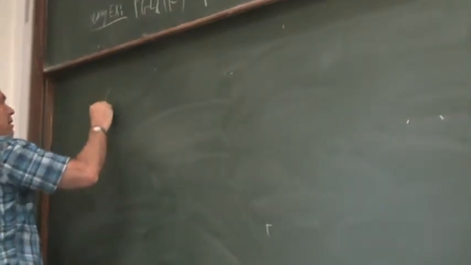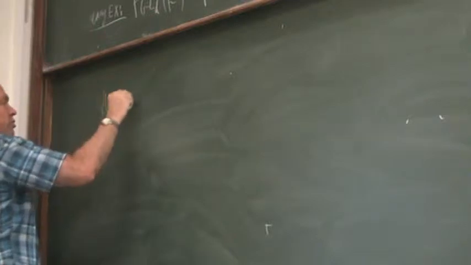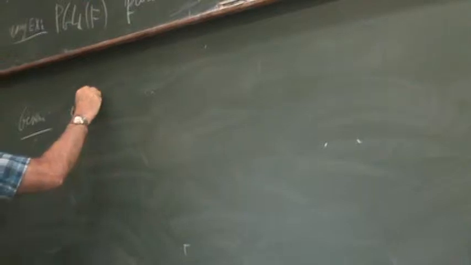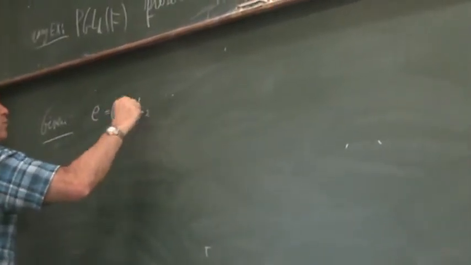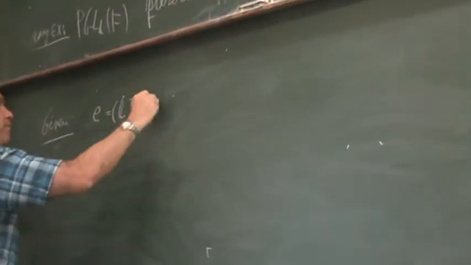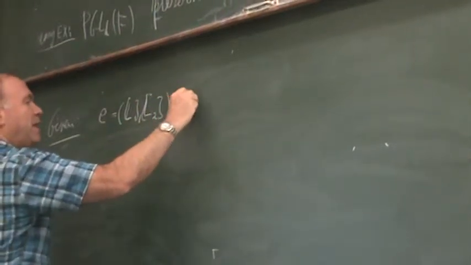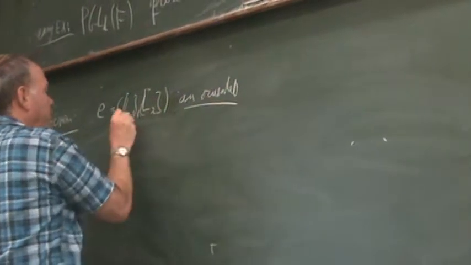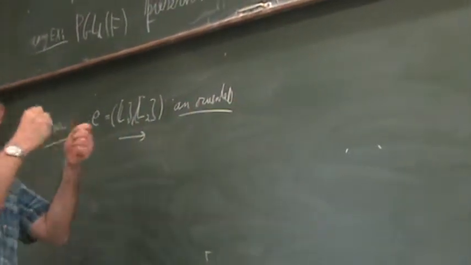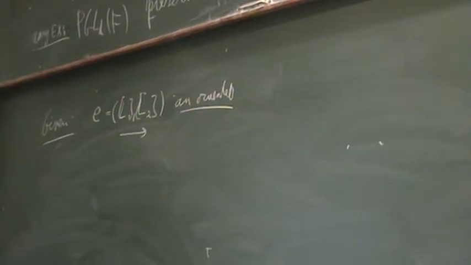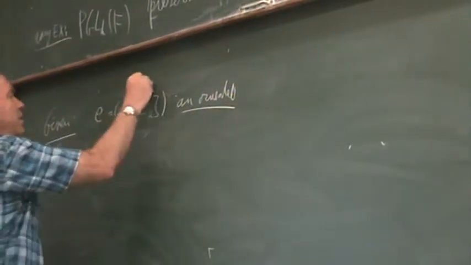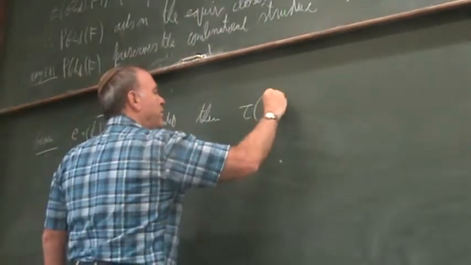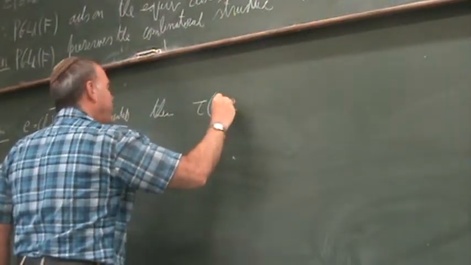I showed this last time, so I'll just say it now quickly. Given an edge E equal to L1, L2, an oriented edge, I mean in this direction, going from L1 to L2, usually we don't orient edges, but I want to say, then the color tau of this E,